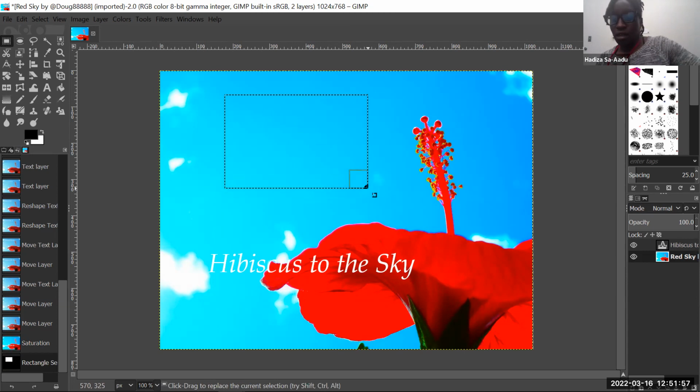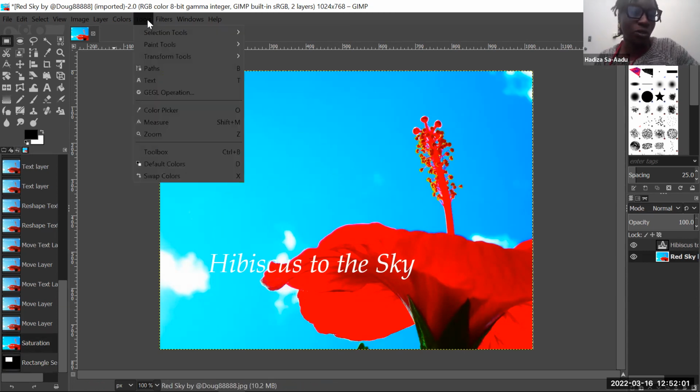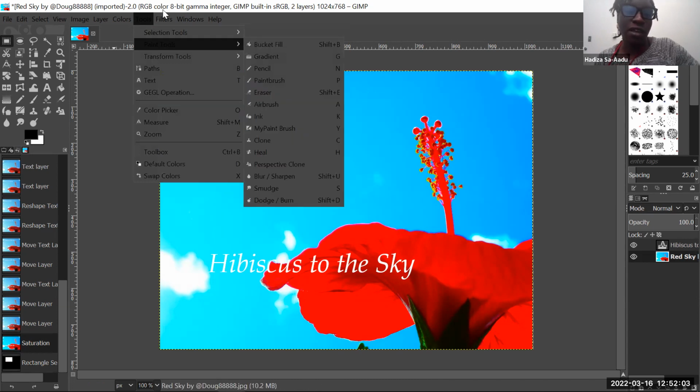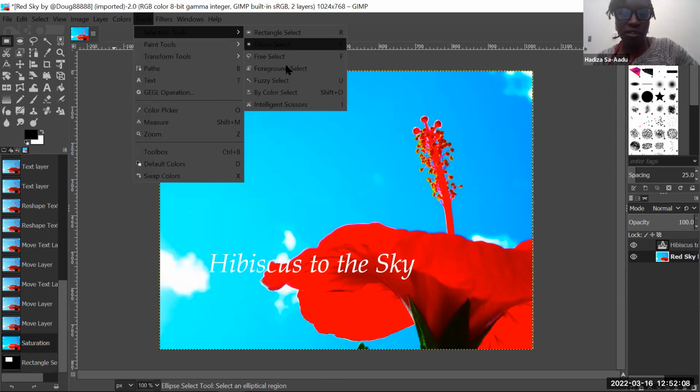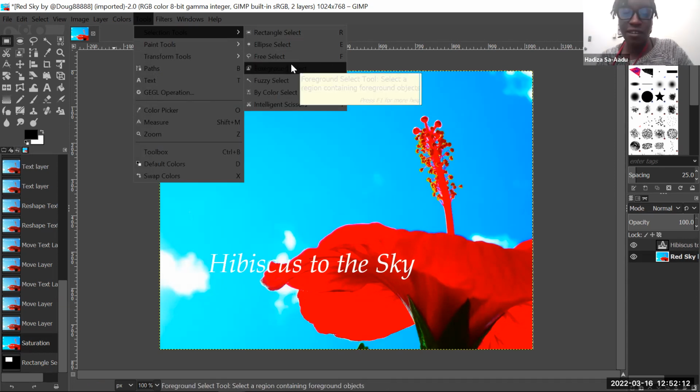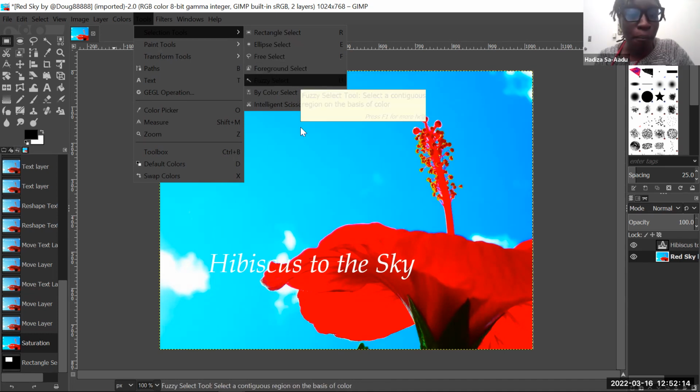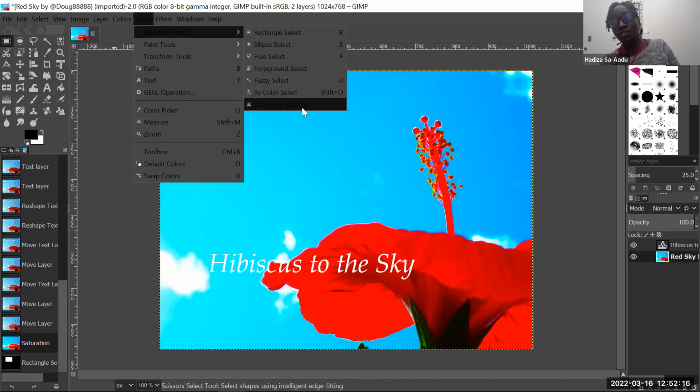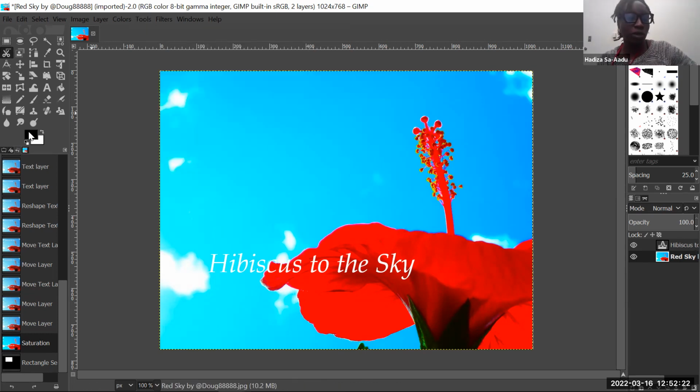But I don't really want to do that, so I'm going to Control Z. I'm going to go back to Tools, Selection Tools. There's also the Ellipse Select, which is like the Rectangle Select. Then there's the Free Select, the Foreground Select, Fuzzy Select, Bicolor Select, and then Intelligent Scissors. I use Intelligent Scissors the most. And I like Intelligent Scissors because what you can do with it is